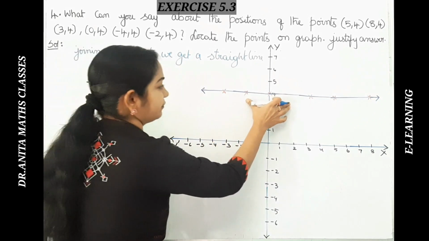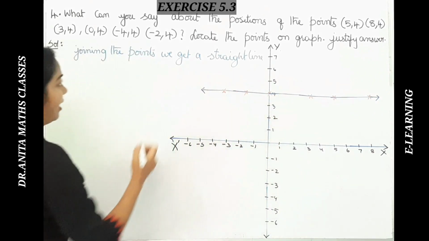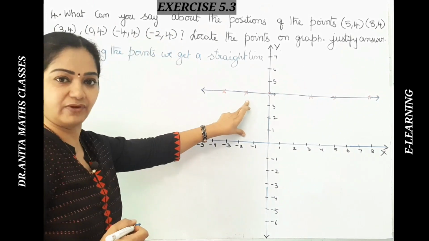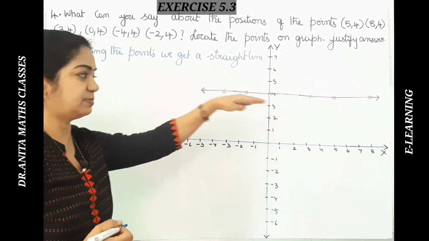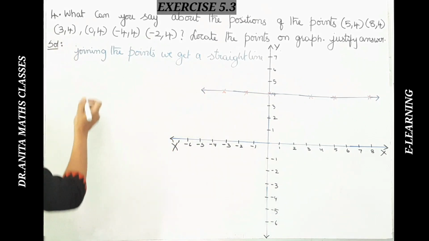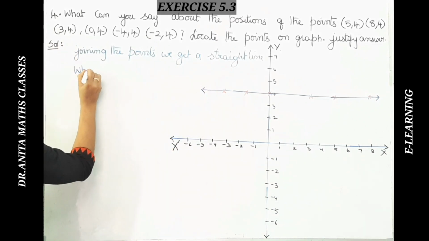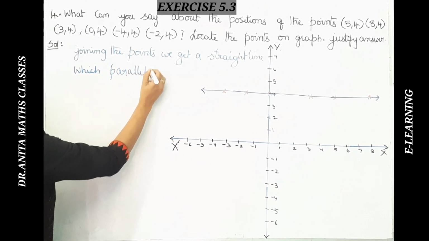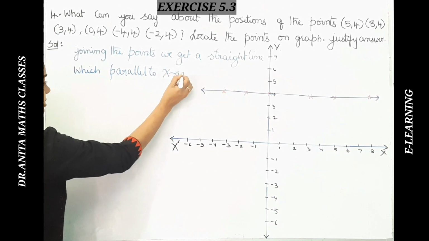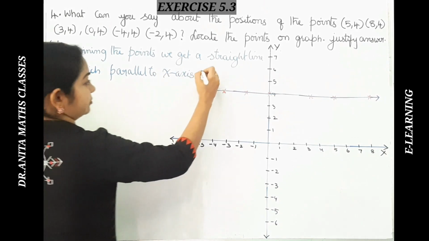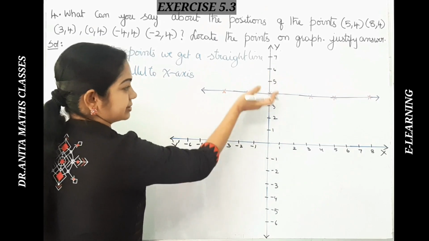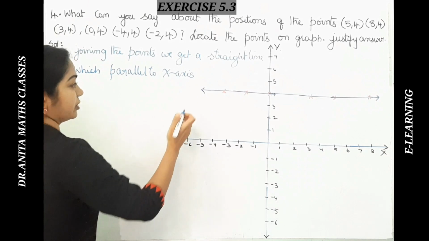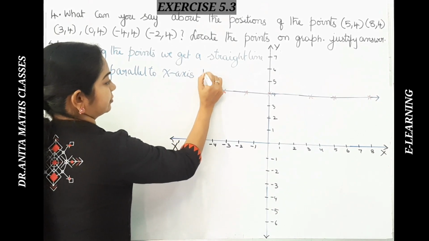So this straight line, if you see, all the points have the ordinate as 4, isn't it? So it is 4 units away from the x-axis and it is parallel to the x-axis. Straight line which is parallel to x-axis. So this is parallel to x-axis, whereas we have all the ordinates as 4, isn't it? So therefore